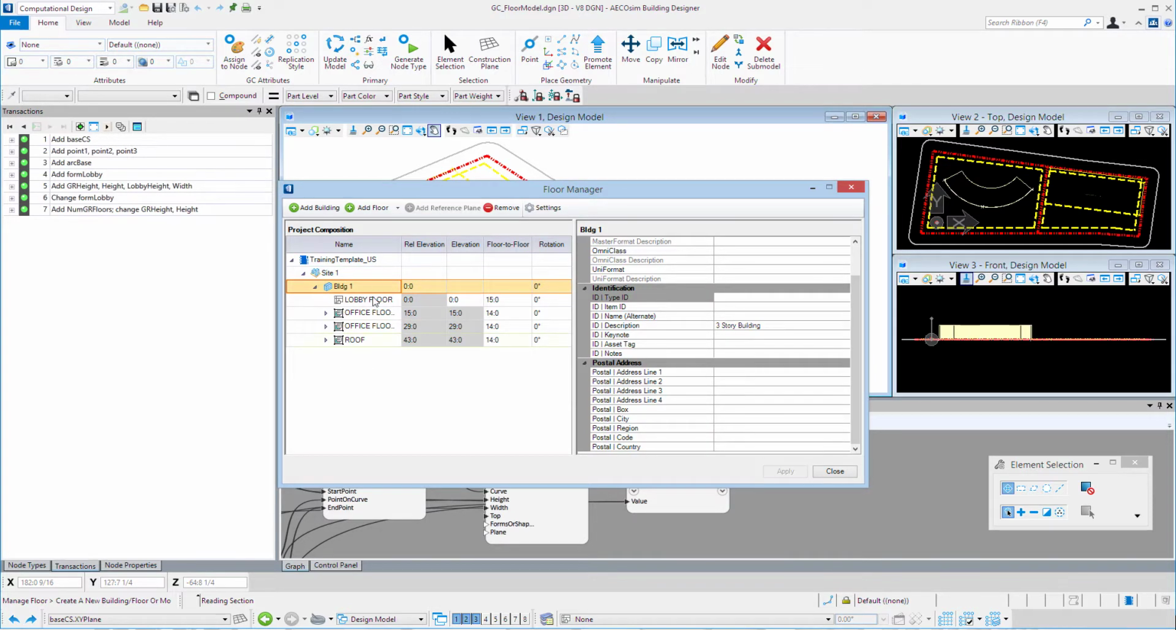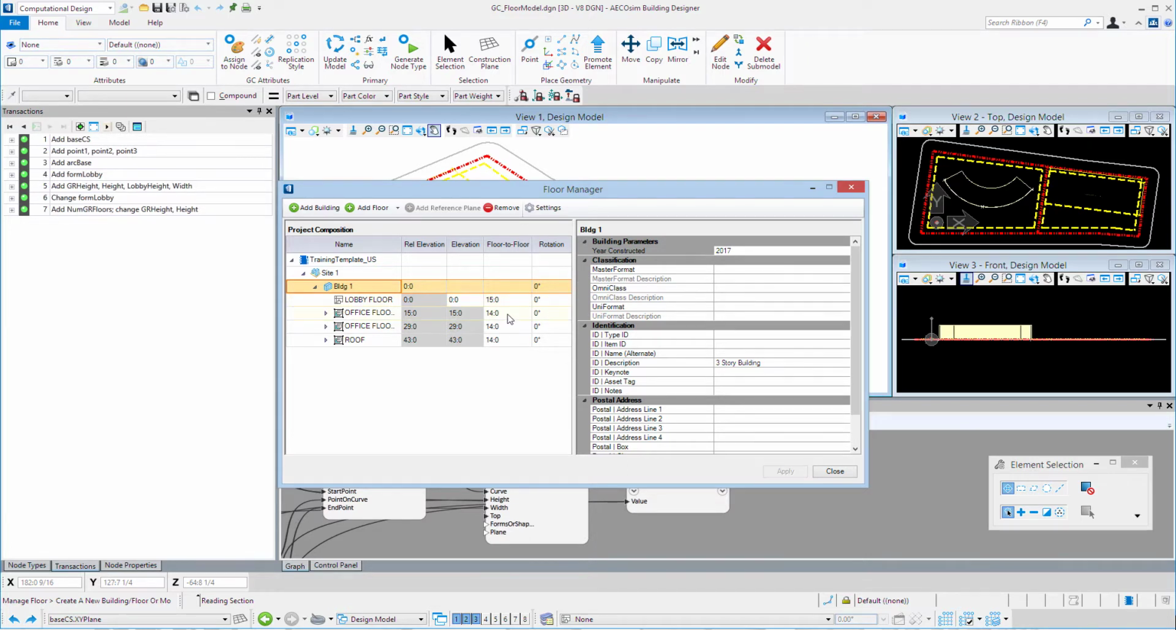You can see here we have a default one called Building 1, and it sets up a lobby floor and a couple of office floors and a roof, and it has their floor elevations along with a floor-to-floor height for each of those floors. We could go in there and modify those floor-to-floor heights or add additional floors and so forth, but it's a fairly manual operation. Then we would apply those changes and close the floor manager, and that would be available from any file